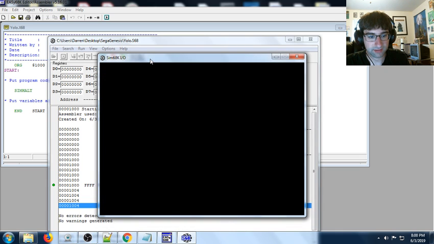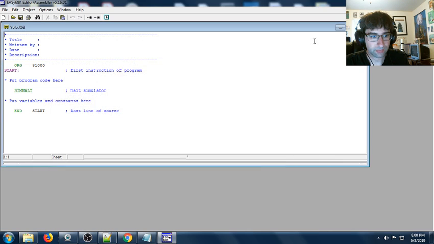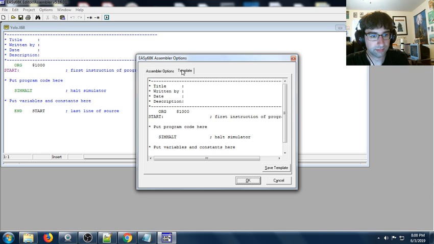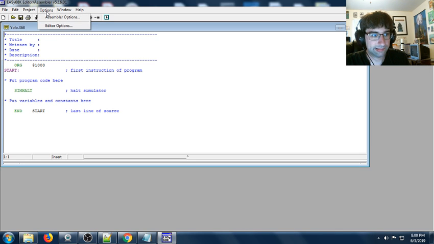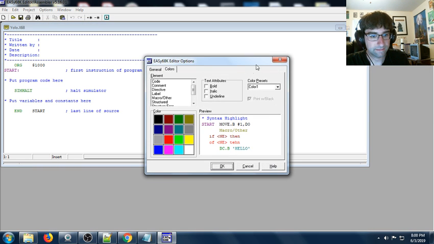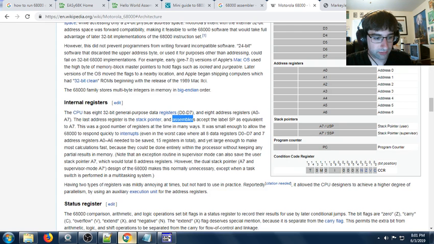This is the window. That's cool. I like that, but how are you assembling it? I don't want to get into that. So how to assemble how